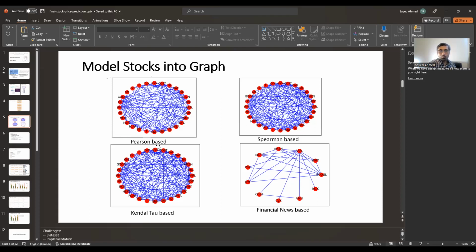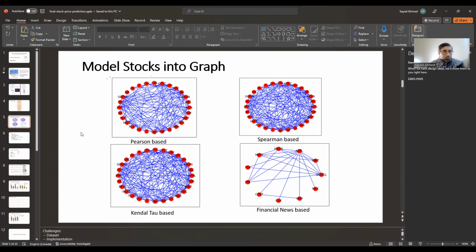Now, yeah, I think they found the best results with financial news. In most cases, I will also find that, and then they found Kendall tau second best. In my case, it may not always be true. So far, what I see, but things will change, right? Sometimes probably Kendall, sometimes probably Spearman, depending. Sometimes probably even Pearson was working as close.